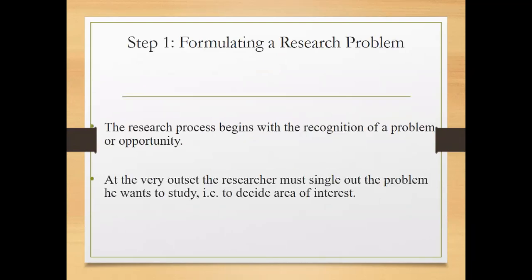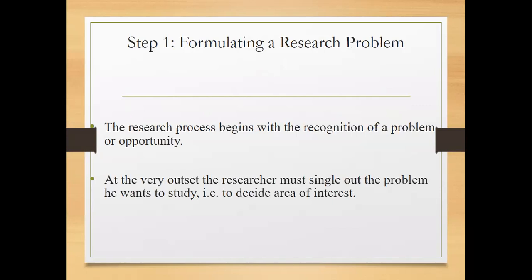The first thing that you will do is formulate a research problem. That means you're going to find out what you are going to research on. The first thing to do is find an area of interest. When you decide on an area of interest, you study what type of research is done in that area. You see how much work has already been done. You might be thinking of something as a problem, but that thing has already been solved by someone else. Someone has already researched it, and there's already saturation over there.